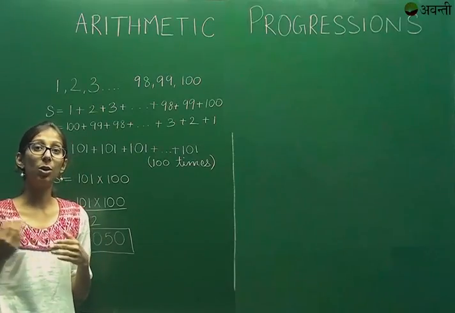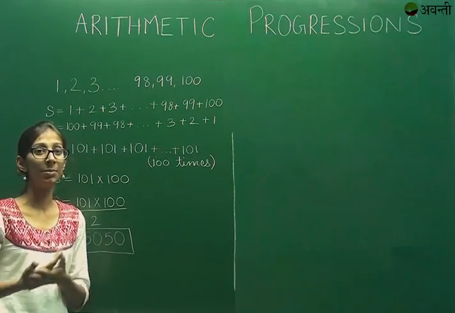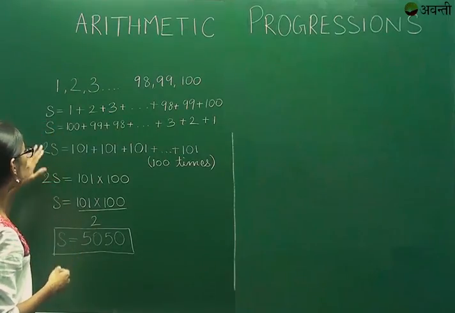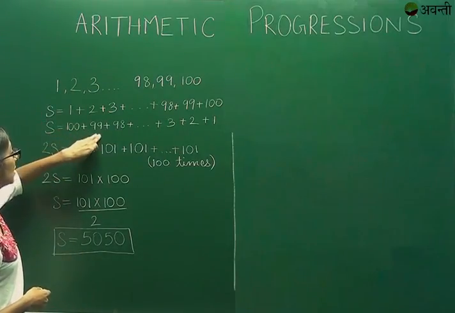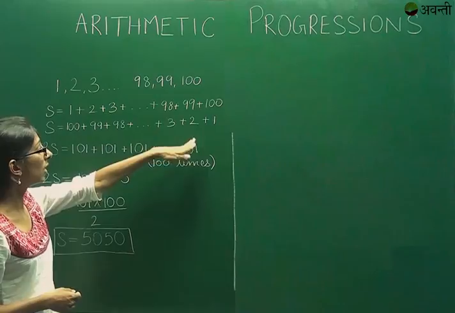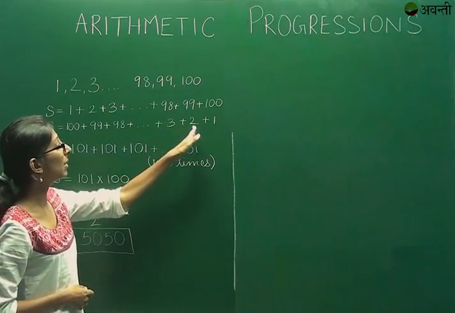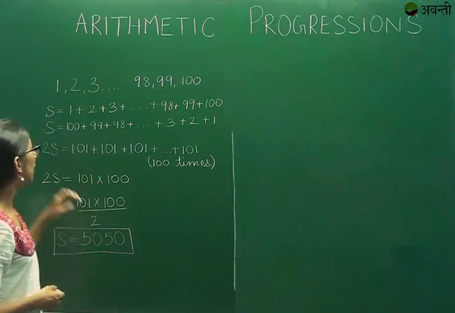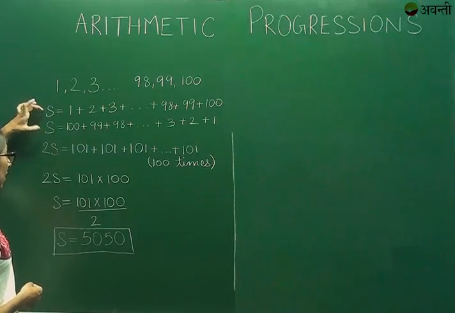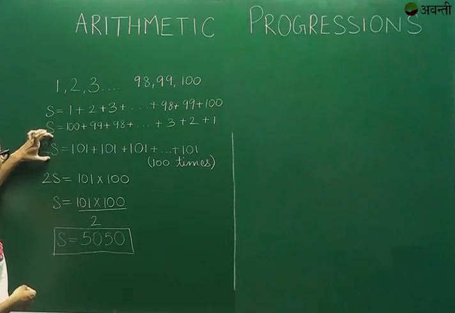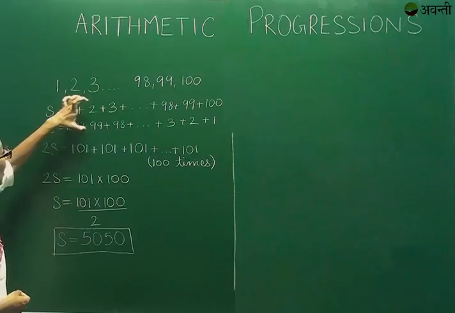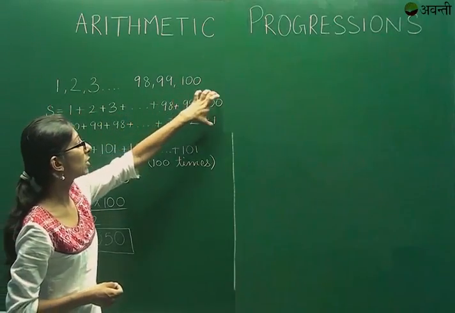Because a plus b or b plus a, it does not matter, the sum remains the same. So I can also write this as 100 plus 99 plus 98 and so on, and in the end it will come 3 plus 2 plus 1. If I add these two, what will I get? I'll get twice of the sum, that is 2s. If I add the individual pairs of these terms,